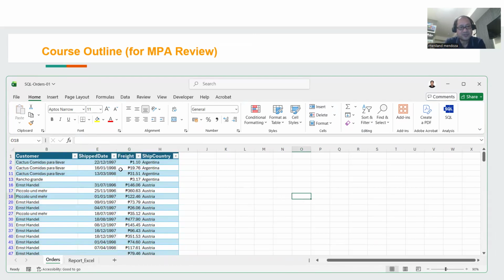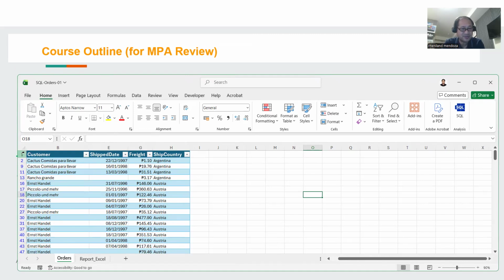We have to move certain fields to the left and to the right. Like ship country has to be moved first, followed by ship date, customer, and then freight. So that's an additional 3 or 4 more steps, which would take us another 2 or 3 minutes.